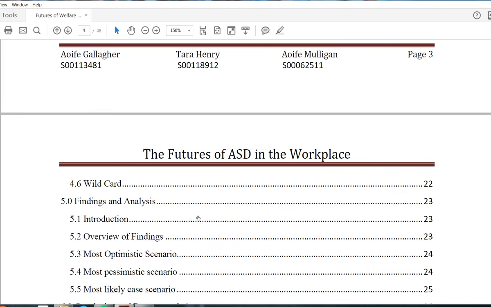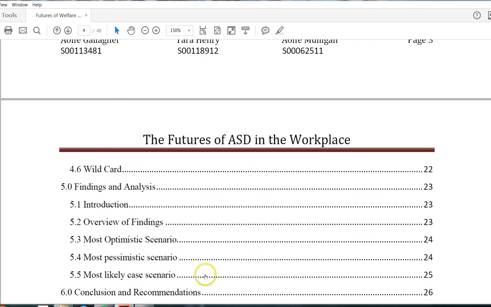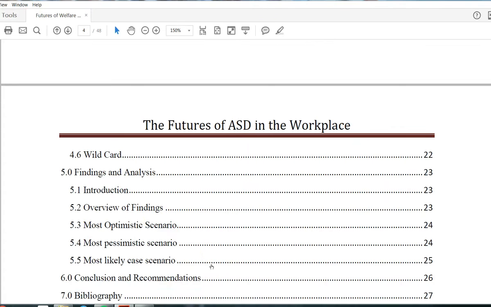The authors here then, Aoife, Tara and Aoife, move on to presenting their findings under section 5.0. They provide an introduction to their findings section, an overview of the findings, and then they present their findings, as I suspected and suggested that you might, through the scenario method. So it's the most optimistic, the most pessimistic, and the most likely case scenario. Now they mix the scenario titles in a way that I wouldn't. It didn't do them particularly much harm, but I think